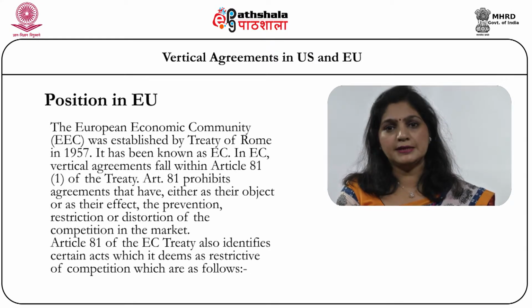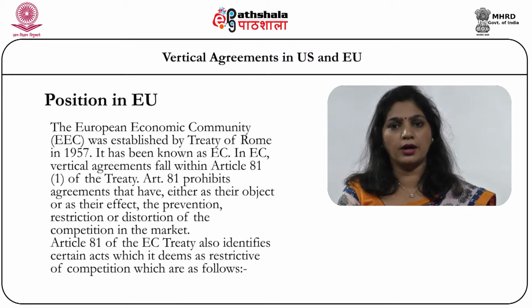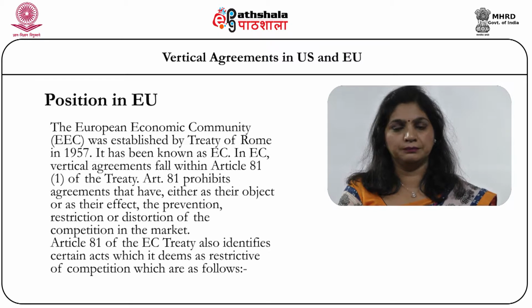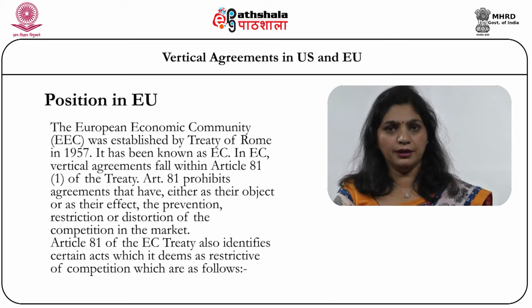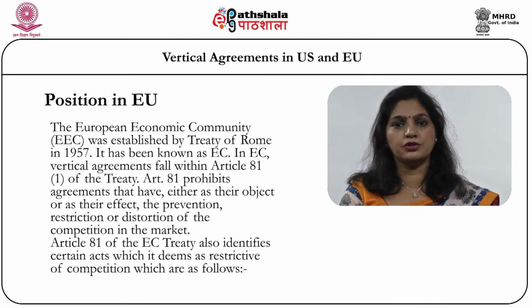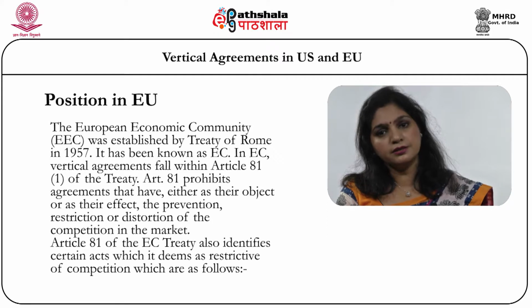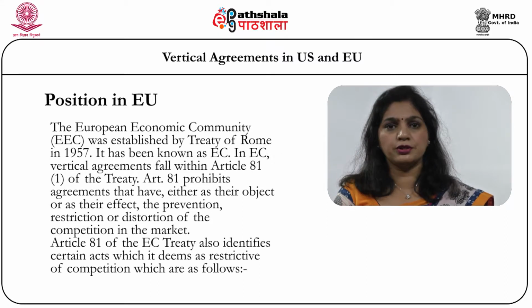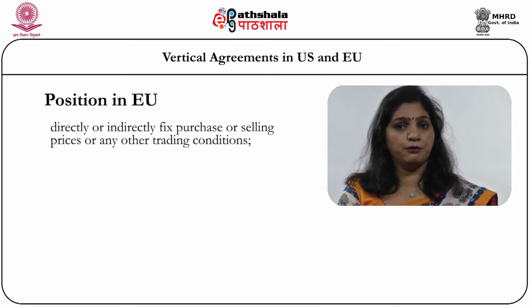And in this EC treaty, vertical agreements fall within Article 81, subsection 1. Article 81 prohibits agreements that have either as their object or as their effect the prevention, restriction or distortion of competition in the market. Article 81 further identifies certain acts which it deems as restrictive of competition, which directly or indirectly fix purchase